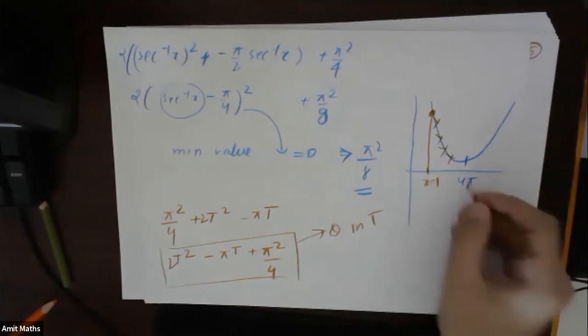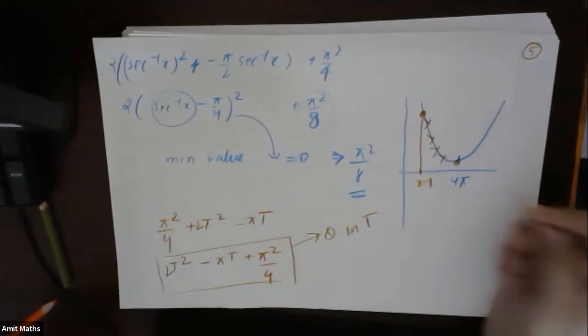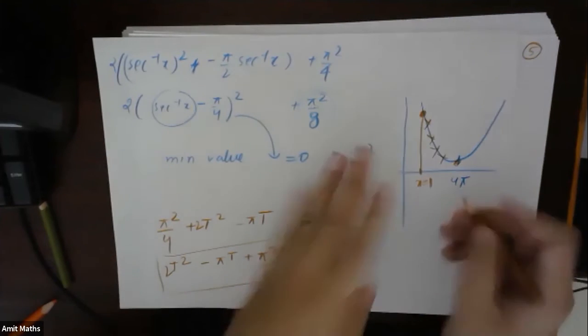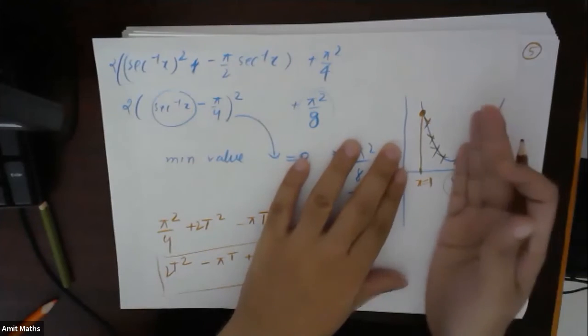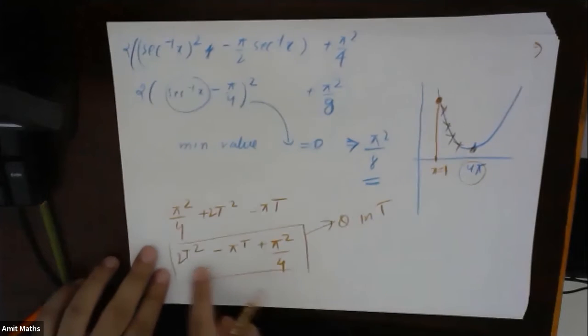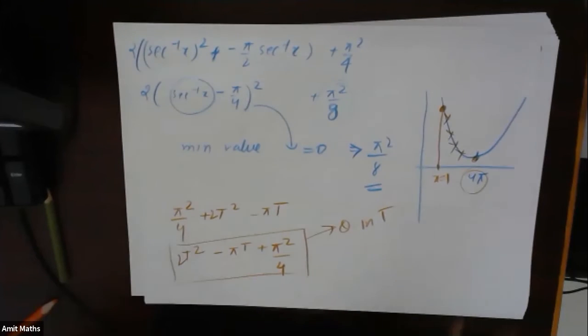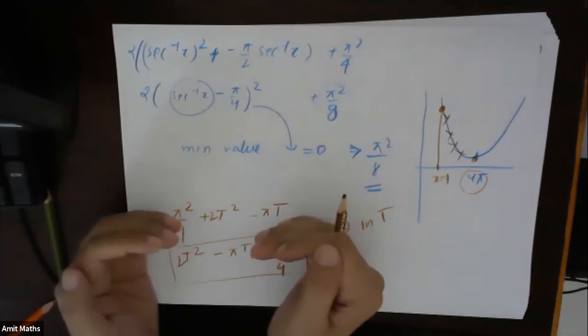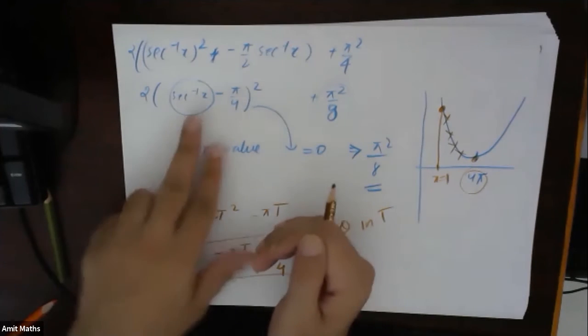Okay, fine. This is the lowest value, but there is a possibility that we will never reach this 4 pi. Before that, x will not be able to take that value at which it is less. So that is why we convert this into a perfect square, same as we converted x into a perfect square in a quadratic expression also. But here we will just stay at the perfect square and find the value of the perfect square.